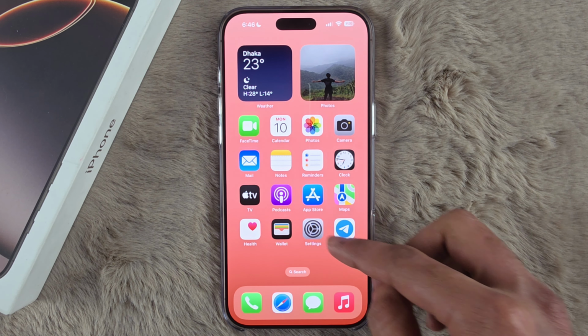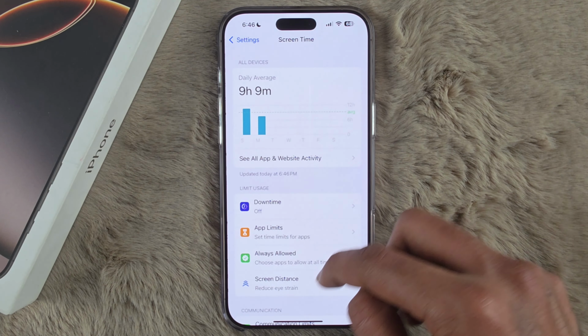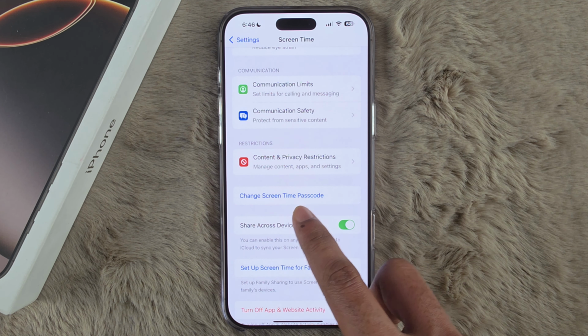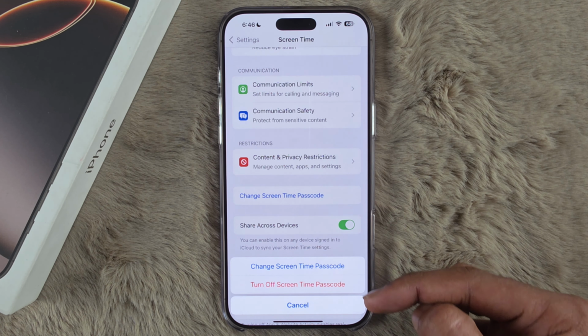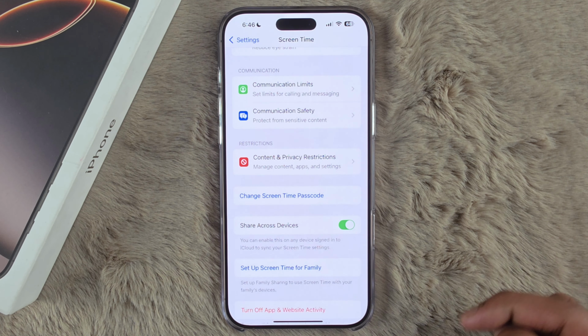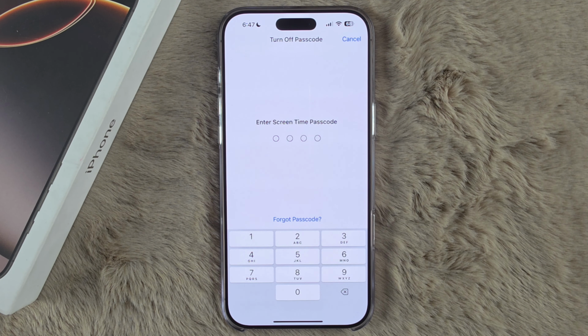First you have to open your settings and go to Screen Time, and from here you just need to scroll down, and you'll find Change Screen Time Passcode. Simply click on it. Now from here you just need to click on Turn Off Screen Time Passcode. Click on it. Now from here, if you don't want to enter the passcode or if you forget this passcode,